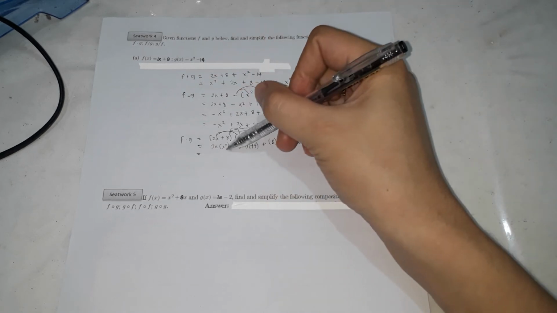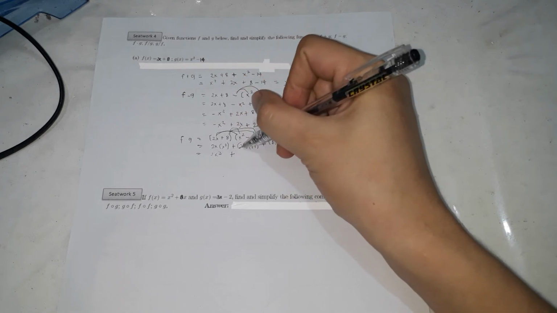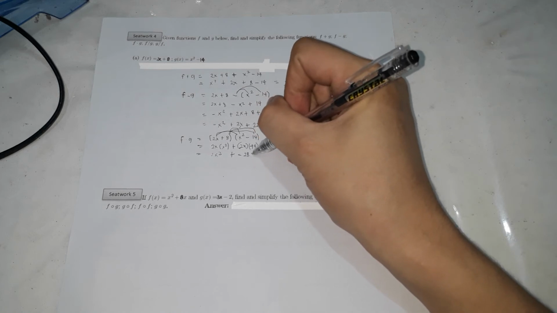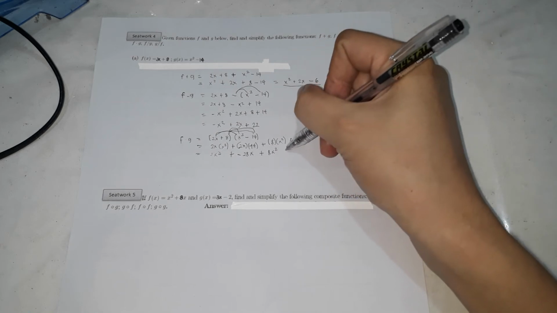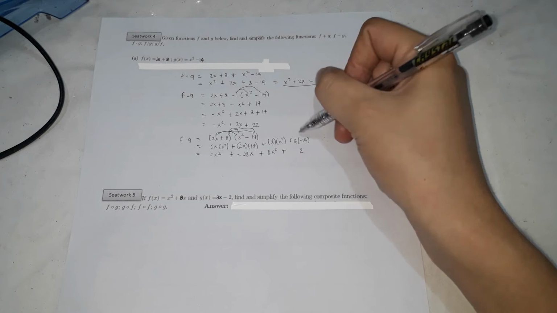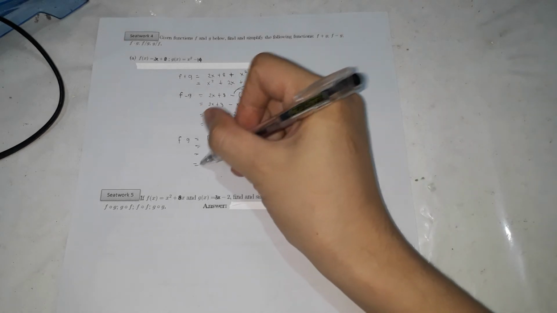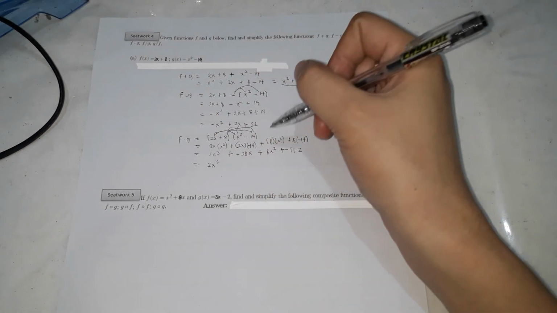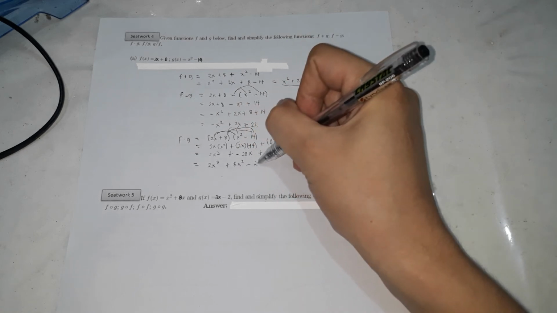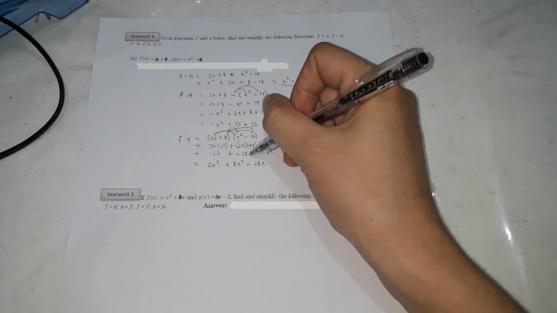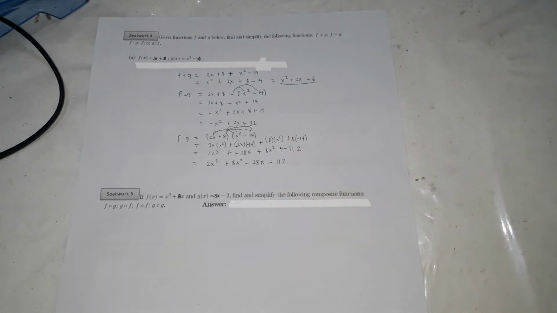Multiply 2x times x squared, that's 2x to the power of 3, plus 2x times negative 14, that's negative 28x, plus 8 times x squared, 8x squared, and 8 times negative 14 is negative 112. So arrange them. 2x cubed comes first because it has the highest exponent. Next is the x squared term, then minus 28x, then minus 112. So the next is